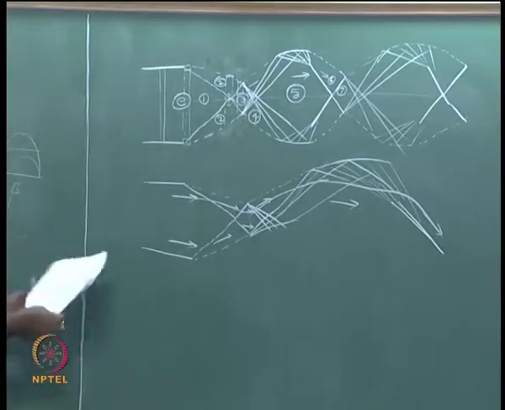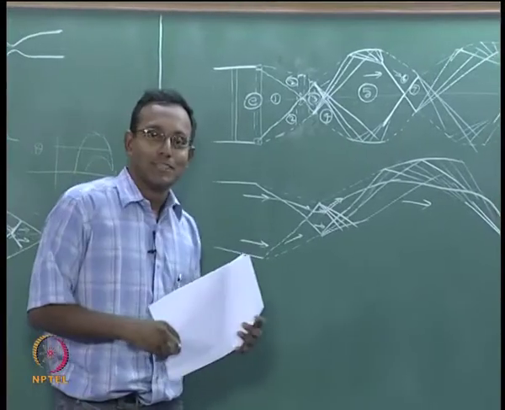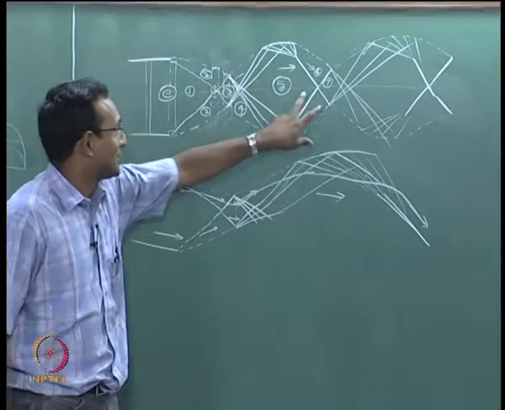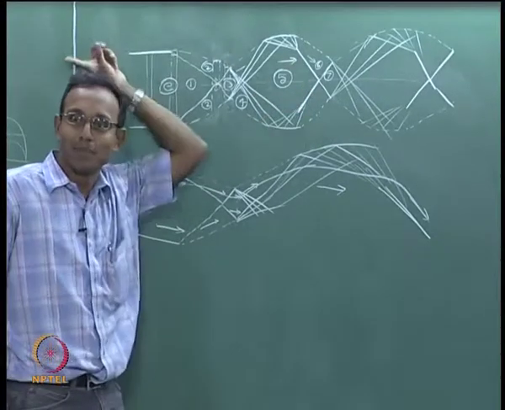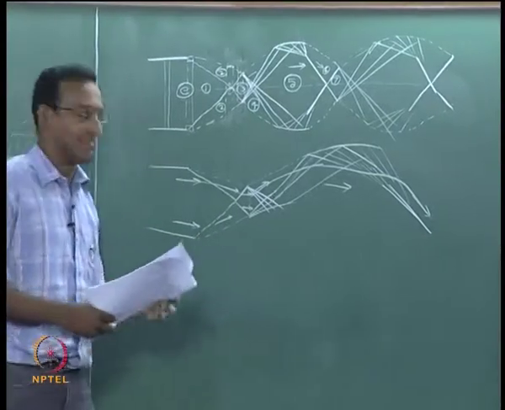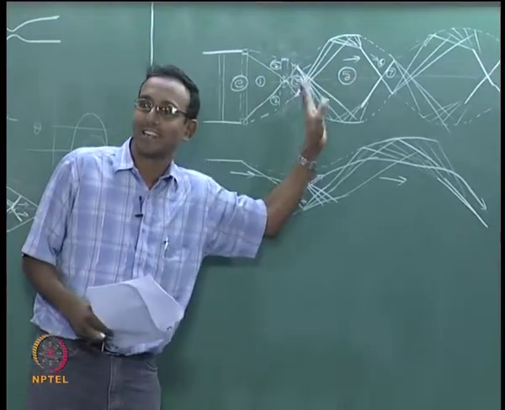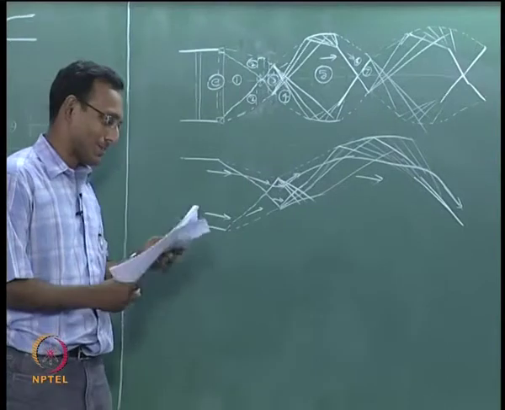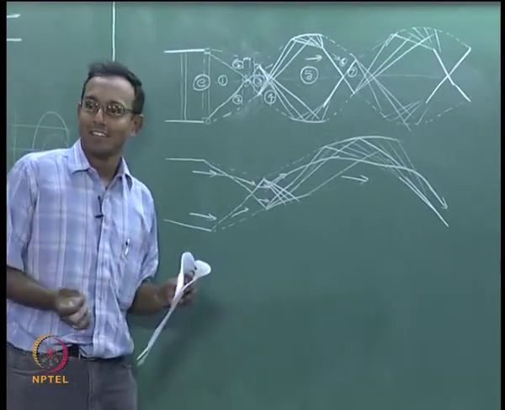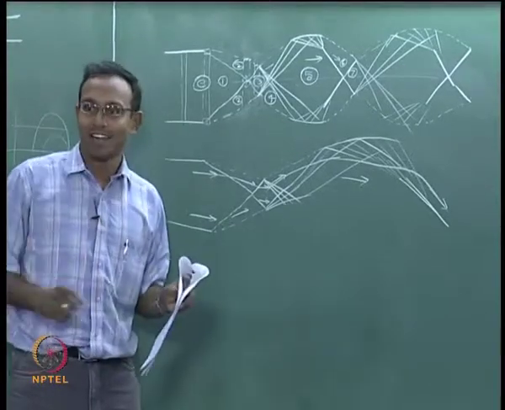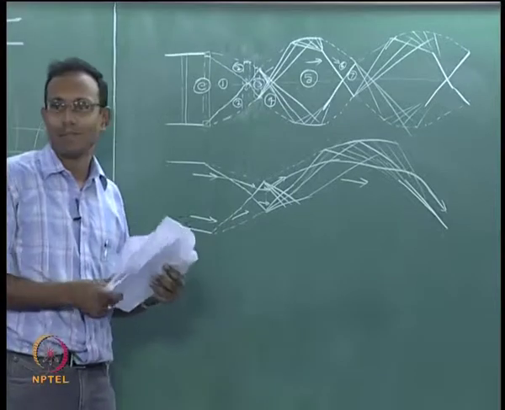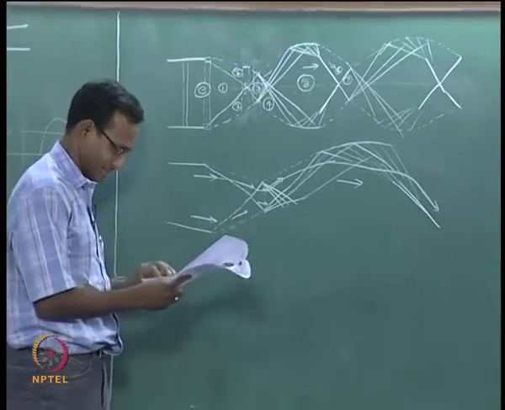There will be a time when I will ask you a question where I am going to put a pressure transducer somewhere here and I am going to change my P naught in my nozzle. That is a beautiful problem to solve. I am just leading you in that direction right now. If you solve that problem, you can solve the problem of a cycle tube being punctured by a pin with a pressure transducer put outside. What will you see? A more practical problem to solve. So many things can be done.